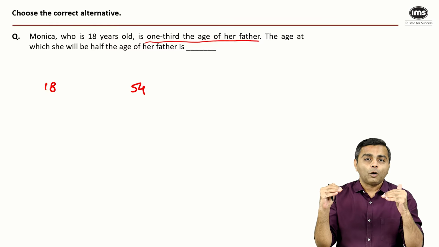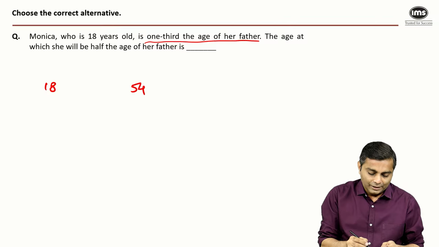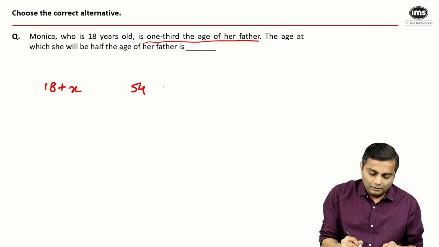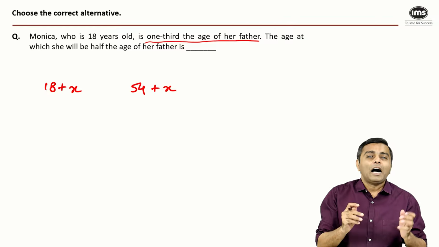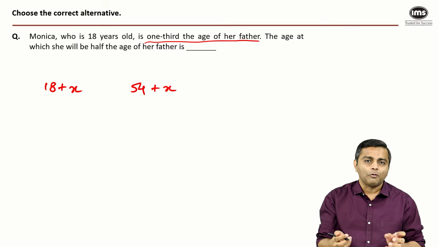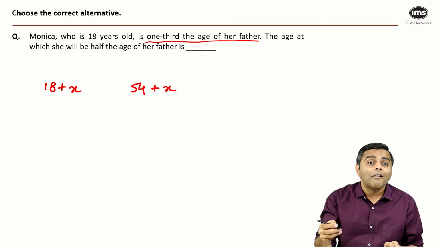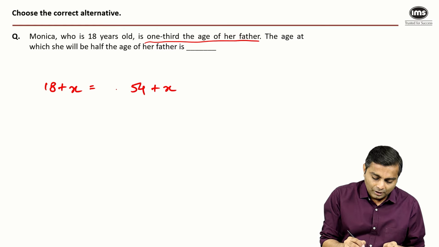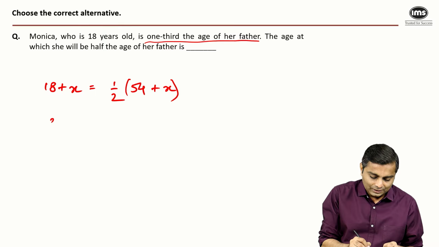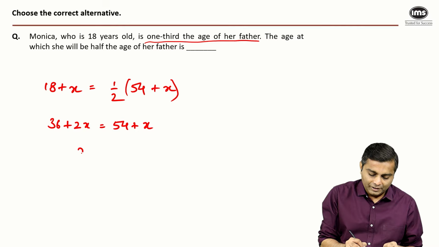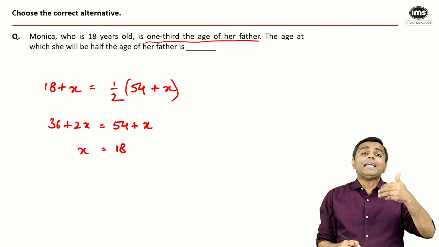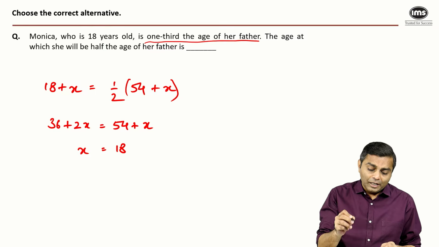Both of them, when they grow, they are obviously going to grow by the same number of years, right? So if Monica grows by x years, father is also going to grow by x years. After how many years, or what is that value of x, such that Monica becomes half of her father. So this is nothing but half of the father's age. So it is 36 plus 2x is equal to 54 plus x. x goes to the left hand side, becomes x, and 54 minus 36 is 18. So after 18 more years,